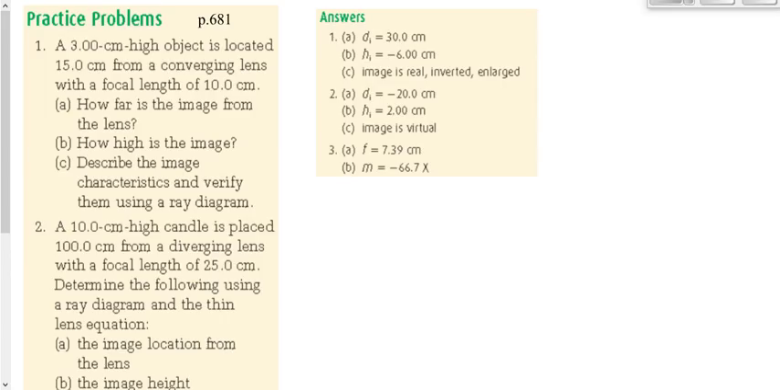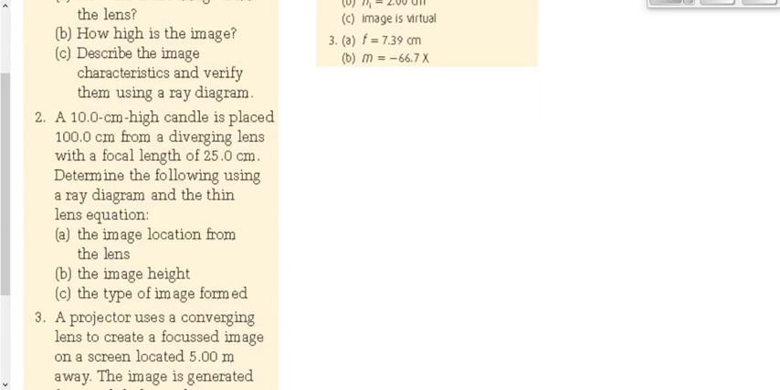Our homework from last night was page 681, number 1 to 3. We're going to go over number 2 and 3. In addition, we're going to go over our practice questions from Google Classroom after we're finished going over question 2 and 3. Okay, starting with number 2 on page 681, it says a 10.0 centimeter high candle is placed 100